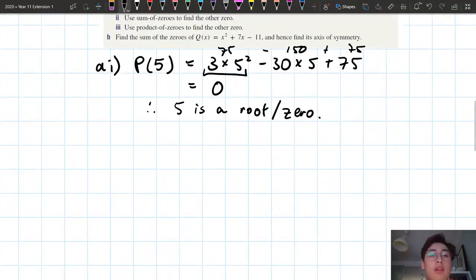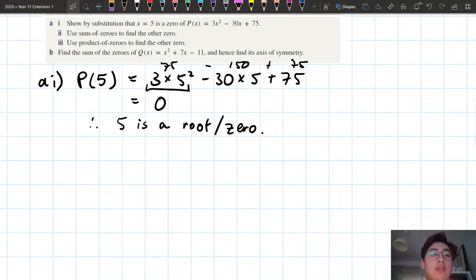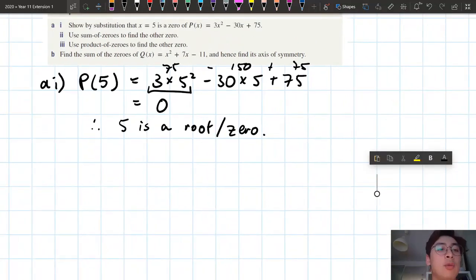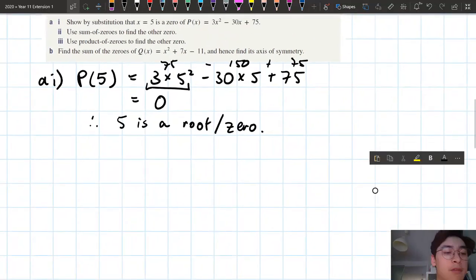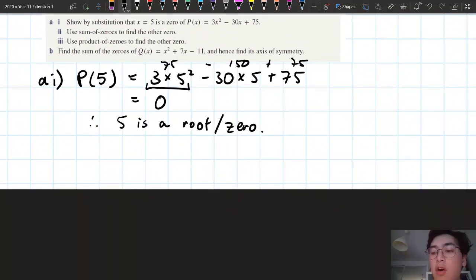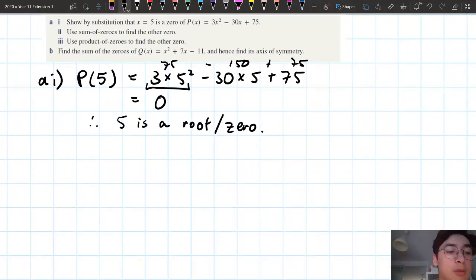The next part, you want to use the sum of zeros to find the other 0. Now, this is what we do when we're using the sum of zeros. If we have a look up above, if you recall from up above, what we said was, we have our two relationships. We've got the sum of zeros, or the sum of roots, as it's sometimes called, and we've got the product of zeros, or the product of roots. They have a special relationship with the coefficients of my quadratic here. So let's just recall, sum of roots